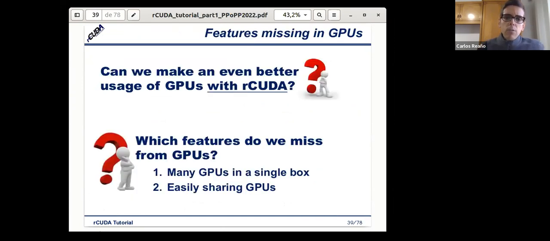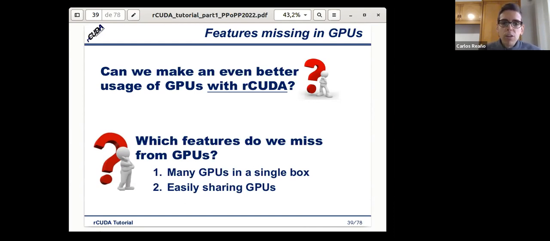One of the questions we have seen in the introduction is that some of the features that the GPUs were missing were that it was not easy to share GPUs between the nodes in the cluster, and we have seen also that if we want to aggregate a lot of GPUs in a single box, we have some limitations.